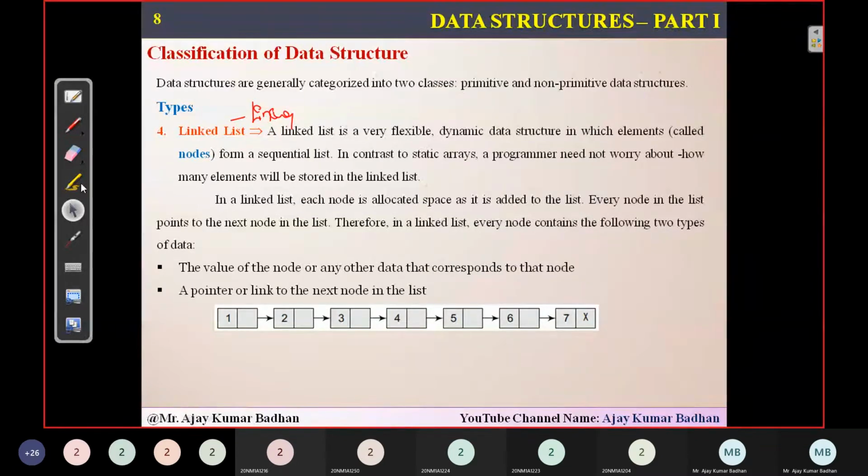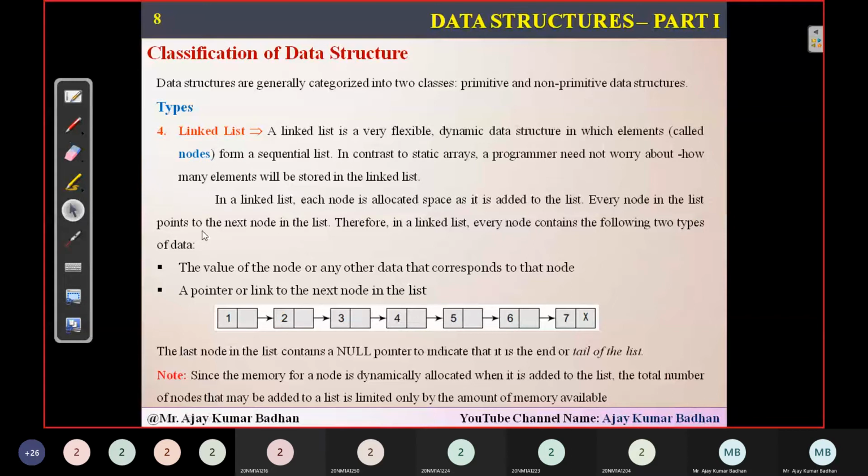As I told you, the maximum limit for adding like this is nothing but the amount of memory available with you. If your system consists of 500 GB of space, then 500 GB is the limit. If your system consists of 1 TB of space, then 1 TB is the limit for your system. If your system consists of only 25 GB, let us suppose, then 25 GB is the limit for adding elements, and that is much higher. There is a vast amount available here.